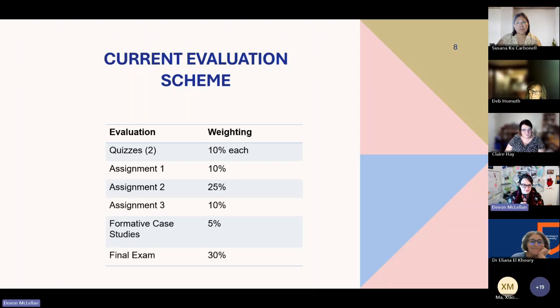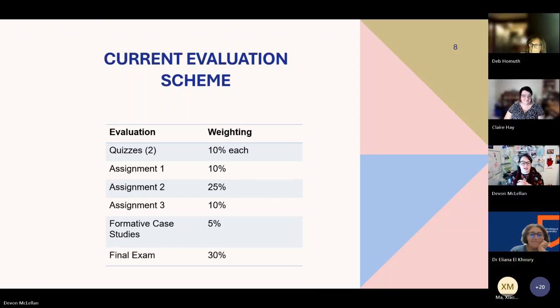This is the new evaluation scheme. As you can see, a large chunk of their overall grade now comes from assignments rather than testing. The final exam has also been changed from what was almost entirely multiple choice to entirely application-based case studies, where they are provided drug information like they do in the clinical setting, and then they apply it in the case studies. And we do a practice run.